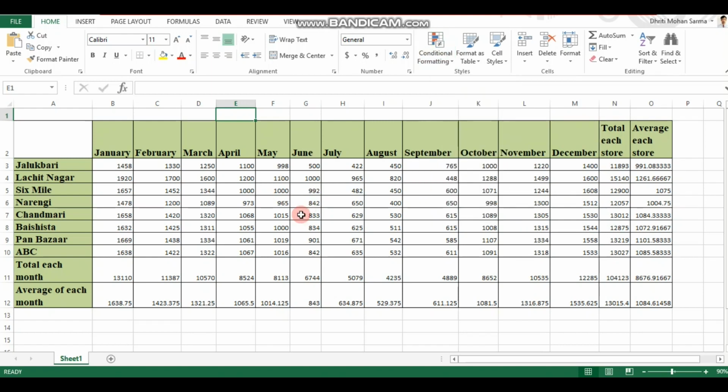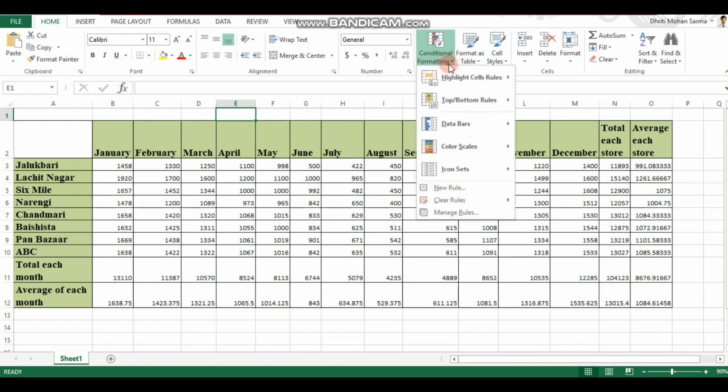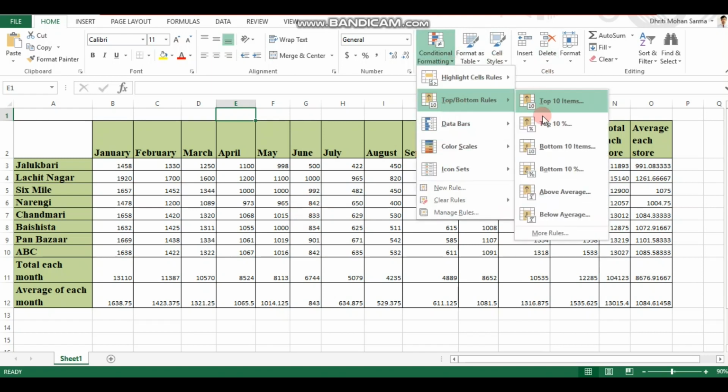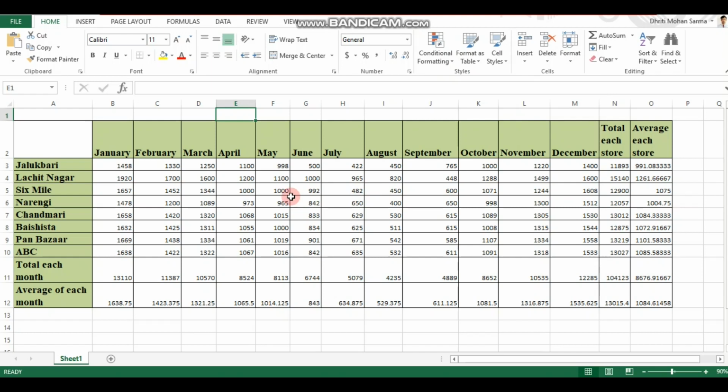So what happens if we make some mistake, or if we take some extra cell? Let's take the average or below average option. Let's first see if we can just take the individual cells, that means from B3 to M10.